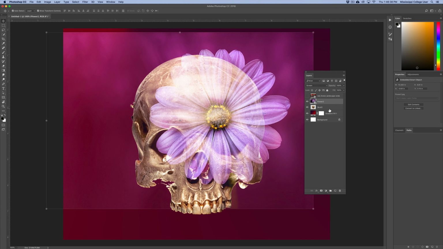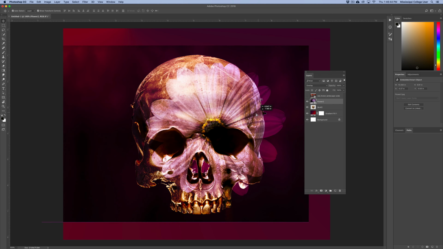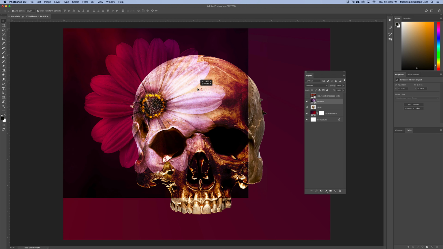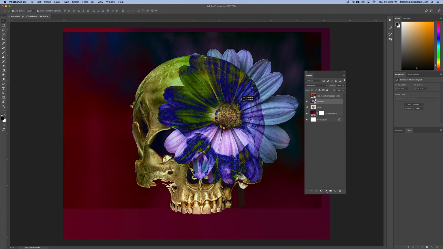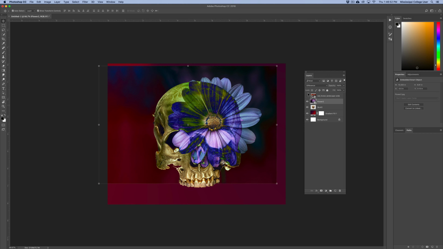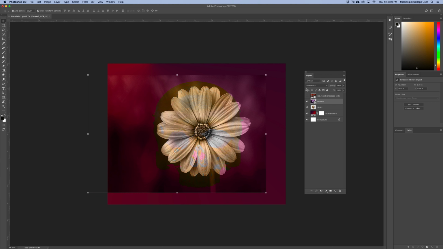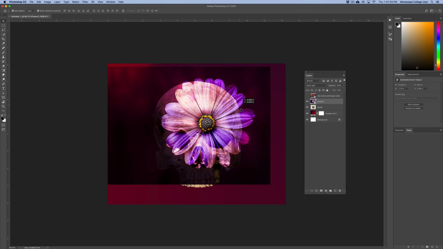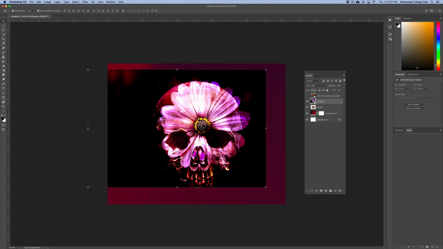So that may be an effect that you want to go with. Overlay and soft light tends to work with your midtones. So sometimes it'll keep the lighter or darker depending on what's below it. Of course, difference will give you the opposite, and that's a really fun, interesting effect. And then hue, saturation, and luminosity will deal with the colors or how saturated they are. Any one of these will easily give you some idea that you may not know what kind of results you're